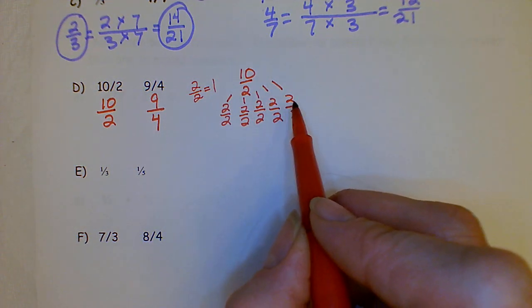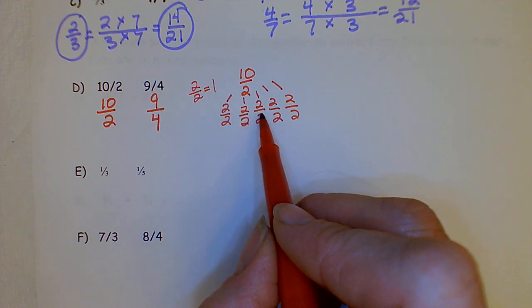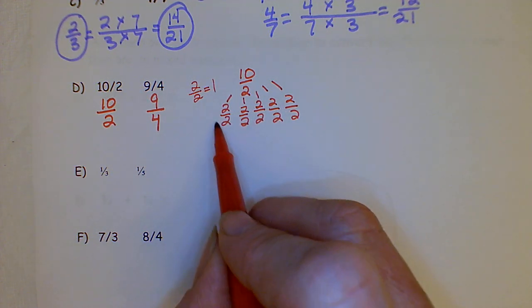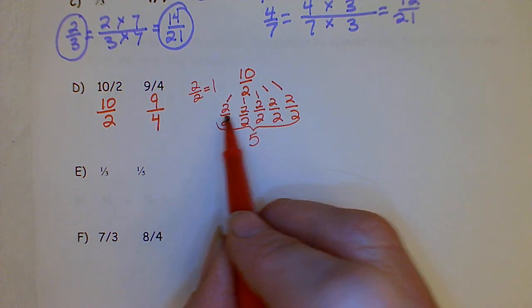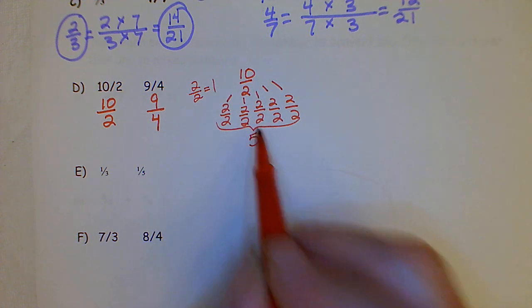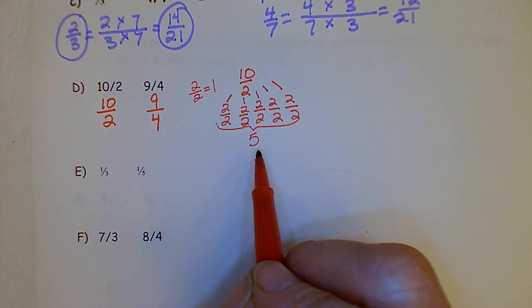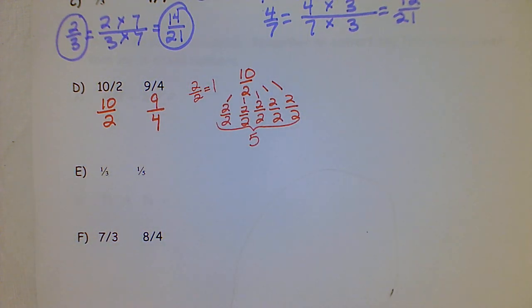So I pulled out 2 halves 5 times. Each one of these is worth 1. It has a value of 1. 2 halves equals 1. So what I could say is that all of these together is actually 5. 1, 2, 3, 4, 5 ones is 5. So 2 halves 5 times is equal to 5. Now let's go ahead and work with